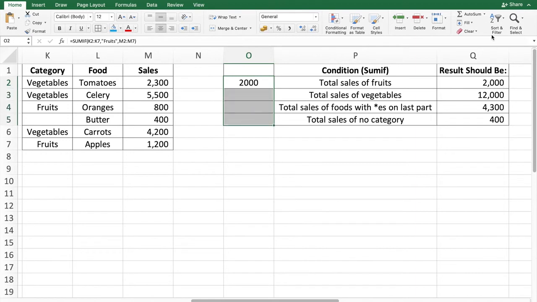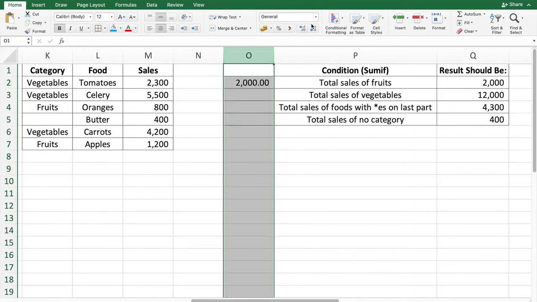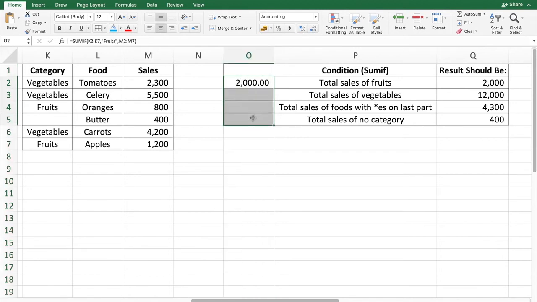Again, let's have a comma here so that we look more professional. Okay, next, total sales of vegetables. So it's almost the same as what we have done here. So let's have SUM